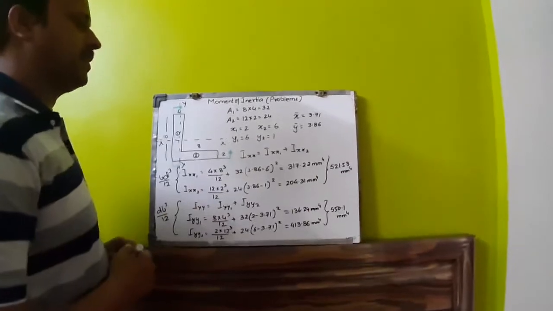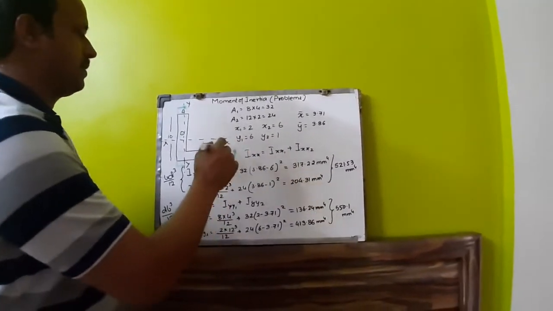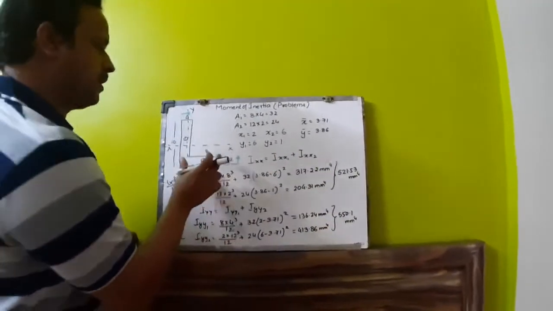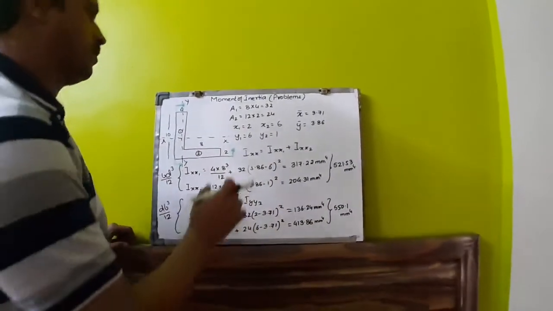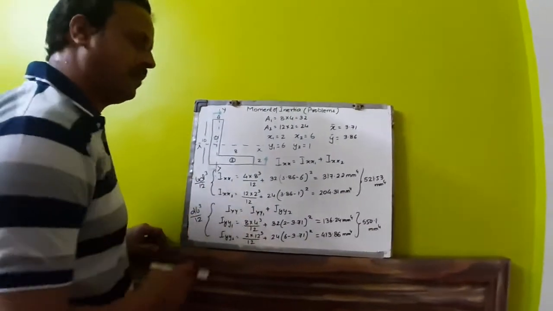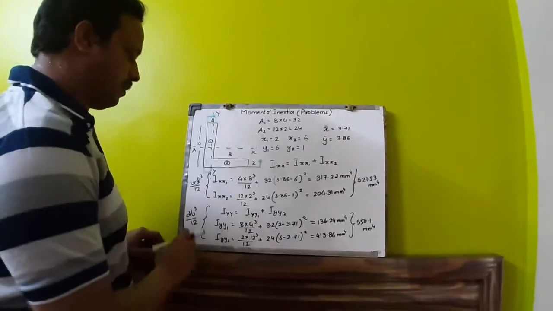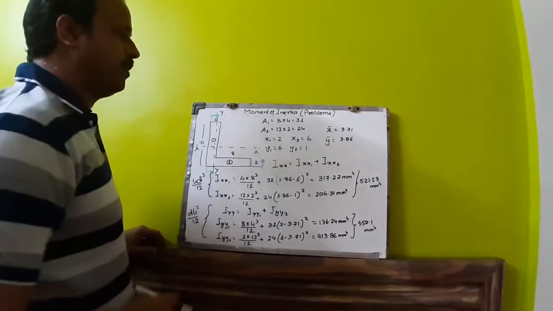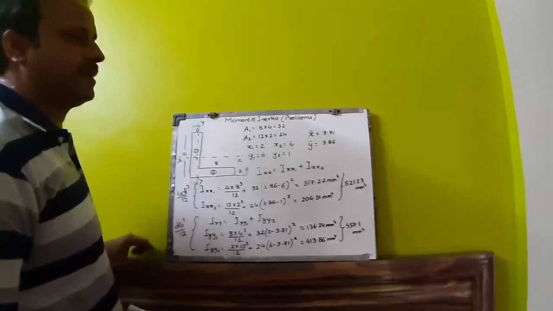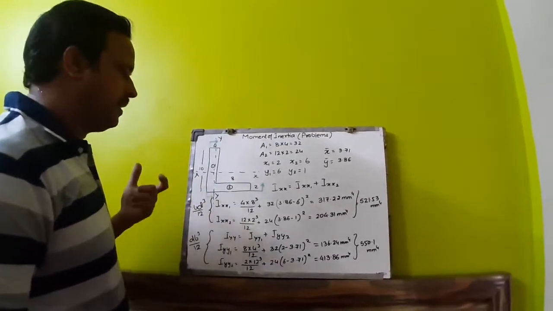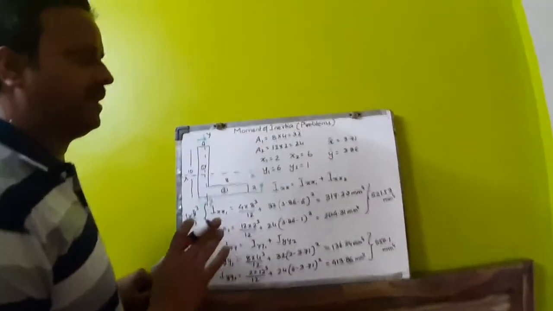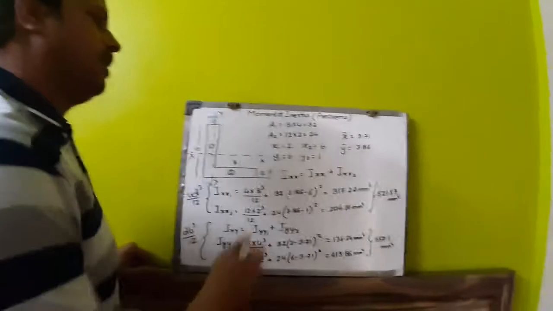So Ixx is given by Ixx1, meaning moment of inertia of body 1, plus Ixx2, moment of inertia of body 2. The formula for rectangles that we have previously discussed is BD cube by 12 about the x-axis, and about the y-y axis it is DB cube by 12. Now in the derivation we have seen that D is the dimension along the y-axis and B is the dimension along the x-axis. So B and D are previously defined in the derivations only. Now come to the problem.